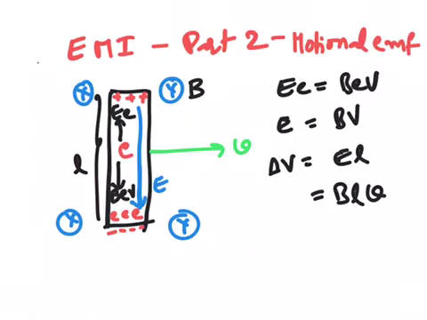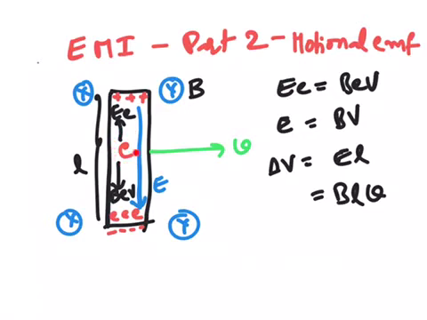Hi, let us see EMI part 2, motional EMF. Let us consider a rod of length L which is in a perpendicular magnetic field B, moving with a uniform velocity V. In this case,